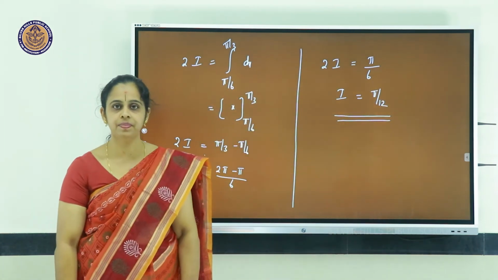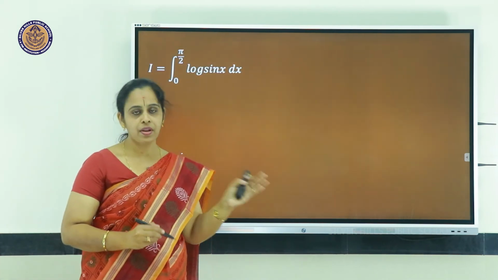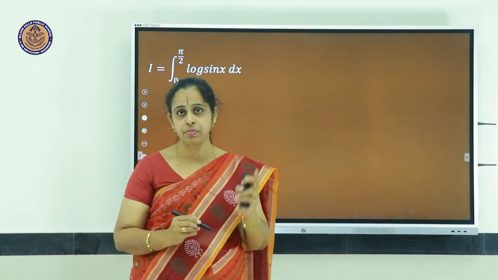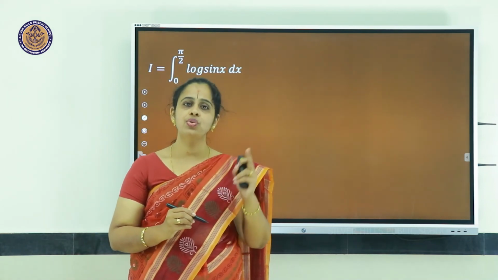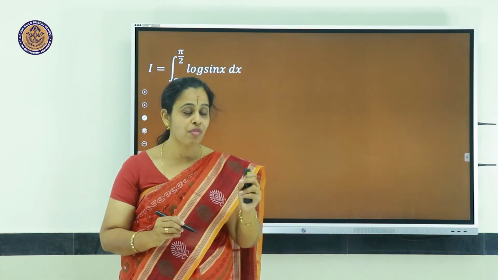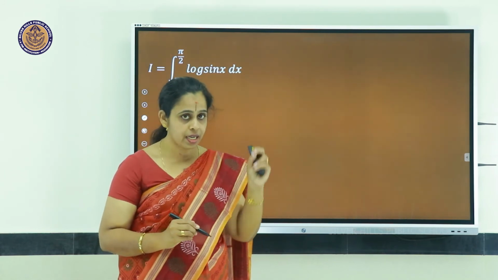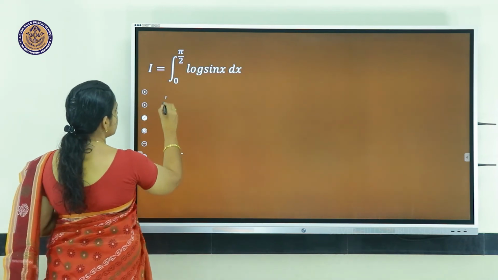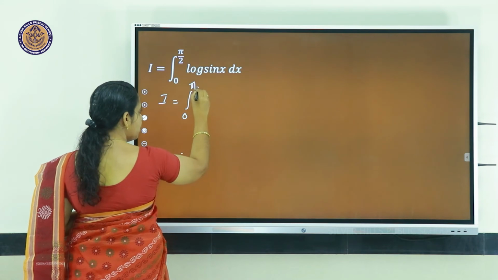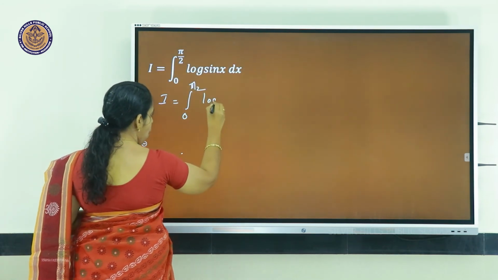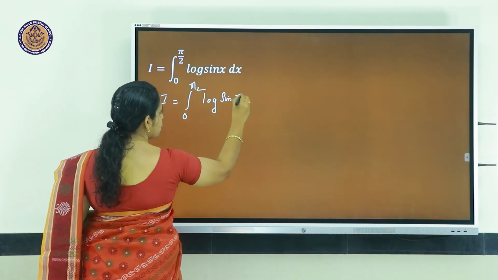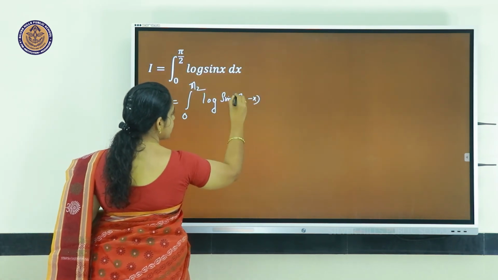That is the answer. Now, let us see another question. In the same question also we are going to apply the property which we did previously. Integral 0 to a f(x) dx is equal to integral 0 to a f(a minus x) dx. Let us see. I is also equal to integral 0 to pi by 2 logarithm of sin(pi by 2 minus x) dx